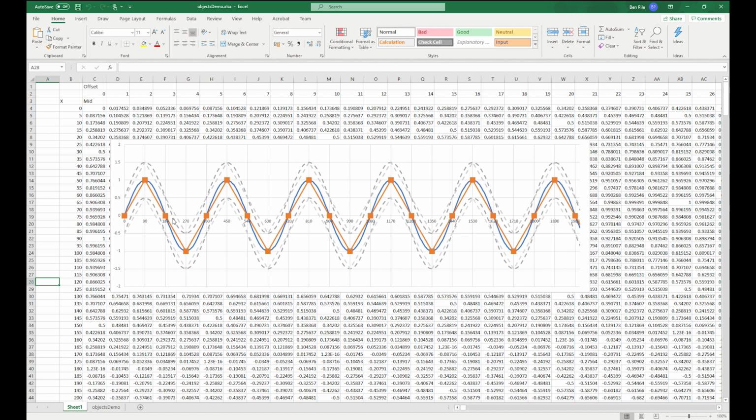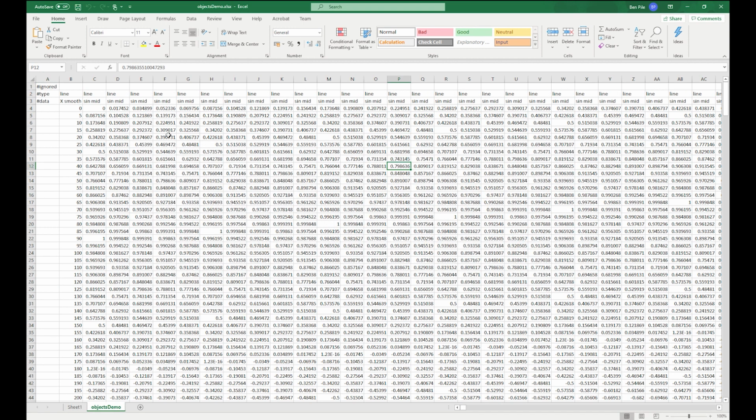What this shows is some sine functions, and there's a middle sine function, and then two similar curves offset by 0.5 on the y-axis this way, and then there are some linear approximations of the same curves at 90-degree intervals. And then these are also animated, which we'll see when we bring this CSV